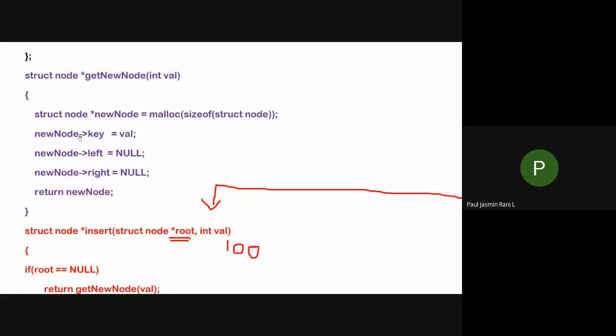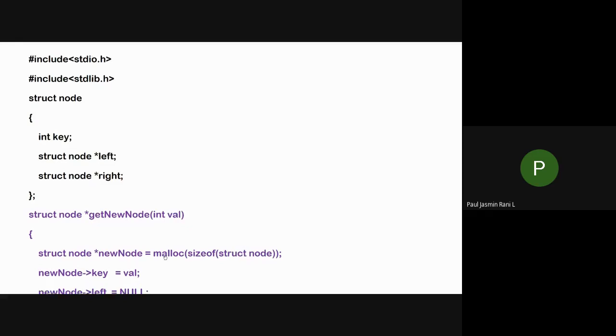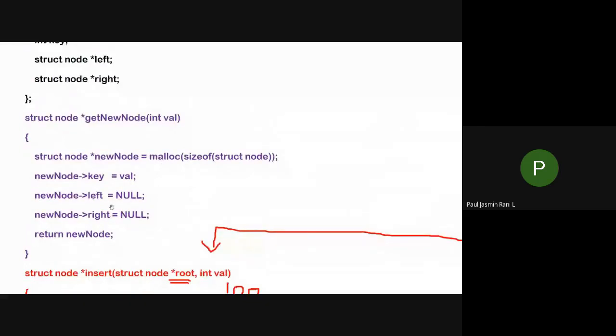So for this particular new node, I think you already know this one, the struct. In your struct, I will have three fields. One is your data field. So here I'm using a key, that is an integer data type. The other ones are your left and right. Both variables are pointers. So left is used to store the left child address and right is used to store the right child address. So initially I am going to mark the left child and right child address as null.